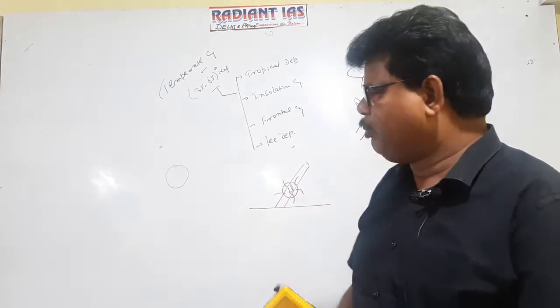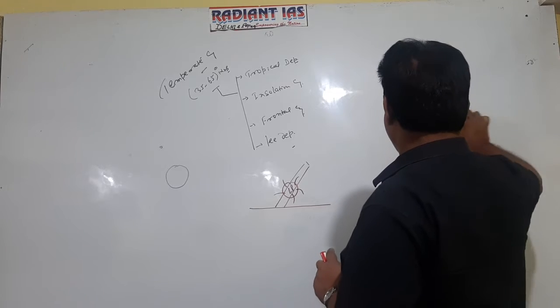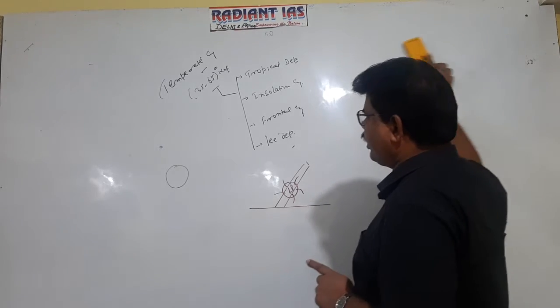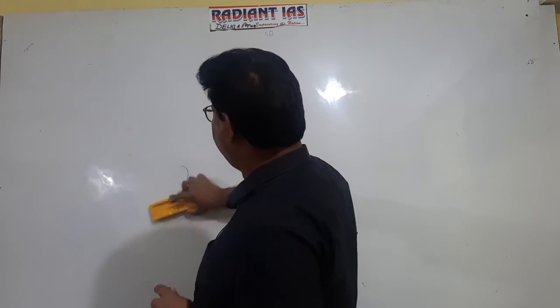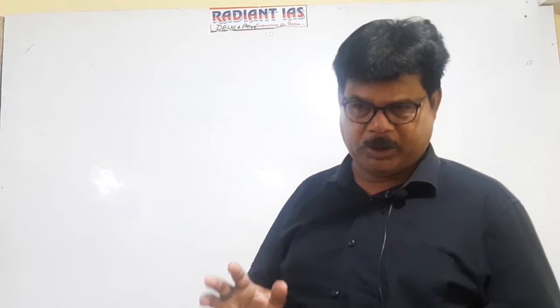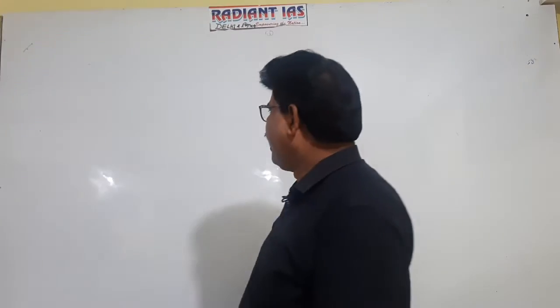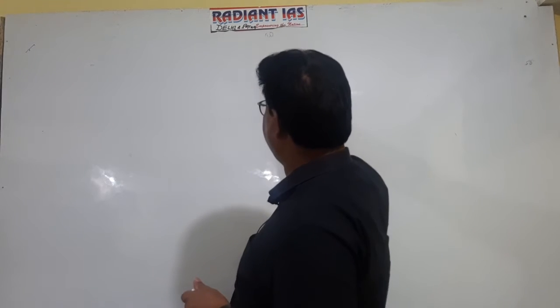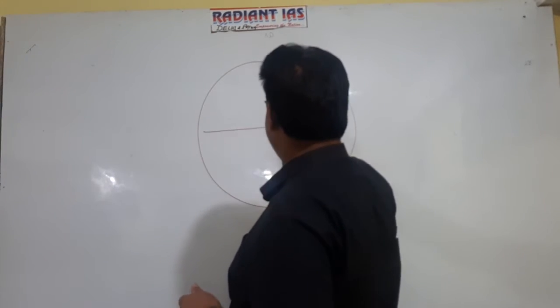Actually, polar front theory was propounded to explain the formation of temperate cyclone. When two contrasting air masses converge along a line, only then is a front produced. Converge along a line, to be noted. If you see the earth's surface, suppose this is